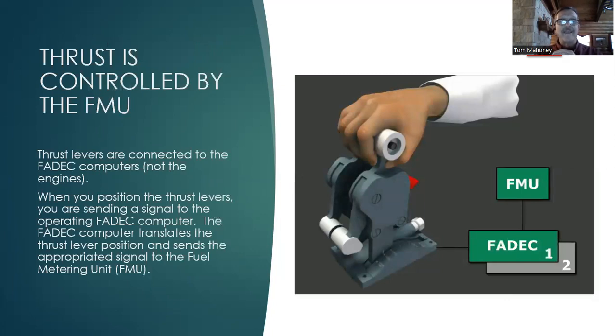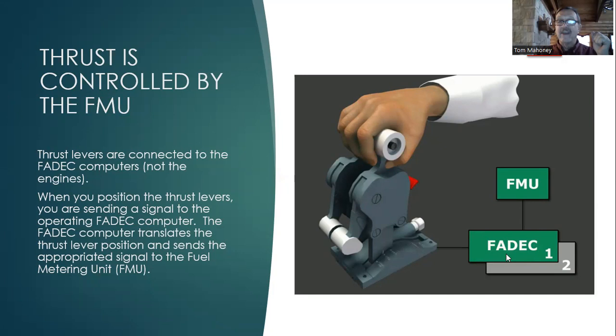Thrust is controlled by the fuel management unit. We call that the FMU. When you position your thrust levers at a particular point on the console, there are no cables that go back to the carburetor on the engine, so to speak. They've got some rheostats basically that measure or detect the position of your thrust levers, that sends that signal to